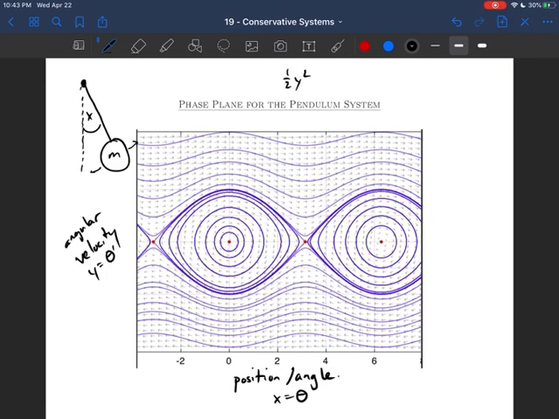The main thing to take away, in addition to being able to look at a phase plane and interpret physically what it means, what it means about the behavior of solutions, is to look at this and see this is also the same as taking a function 1/2 y squared minus cosine of x and plotting its level curves, picking c values and then plotting those things. You get these